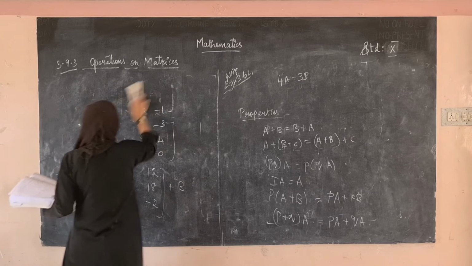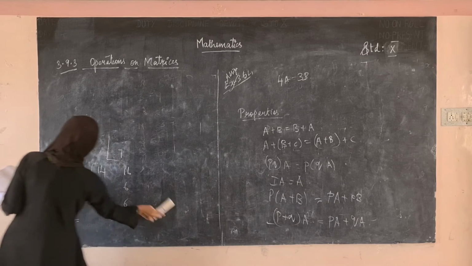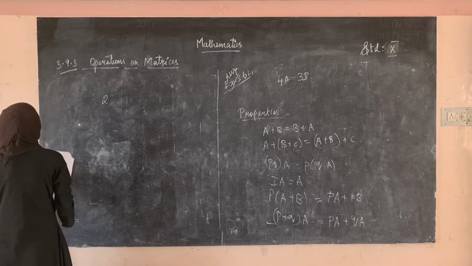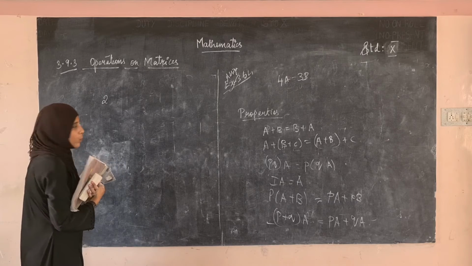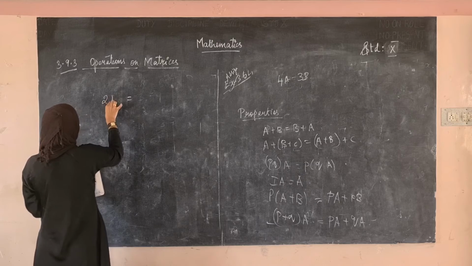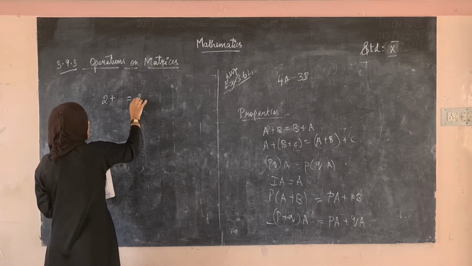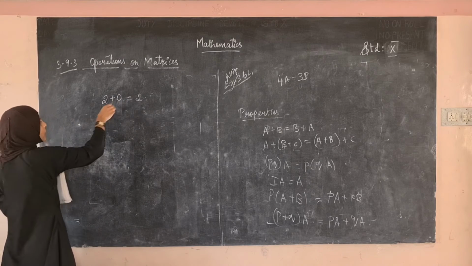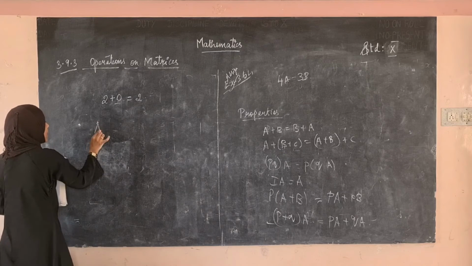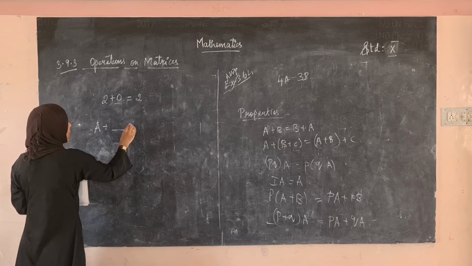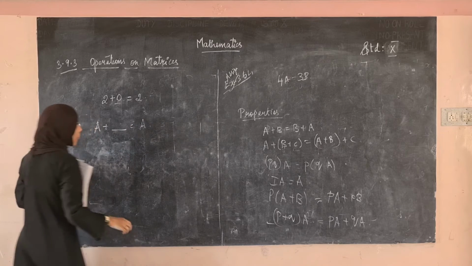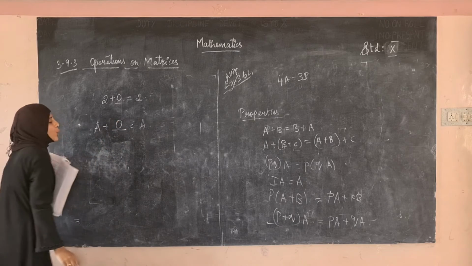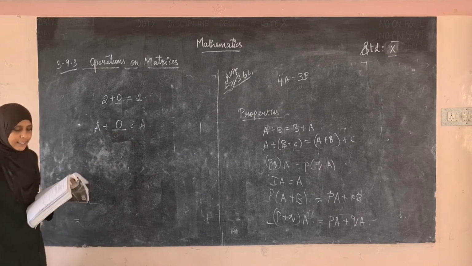And again, they have given some other properties, that is additive identity and additive inverse. See, if we take an element 2, what is the additive identity for 2? Additive identity means when we add some element with this, we should get the same element. What should be added with 2 to get 2? 0. So 0 is the additive identity. Similarly, if we take a matrix A, what matrix should be added to get A? That is the null matrix or zero matrix. Zero matrix is said to be the additive identity matrix.